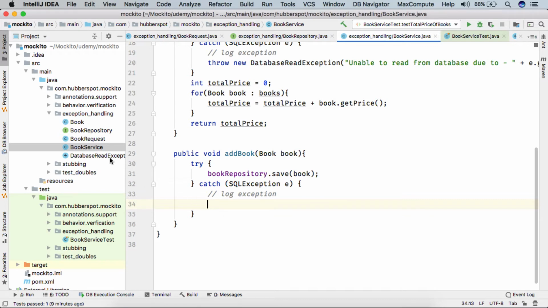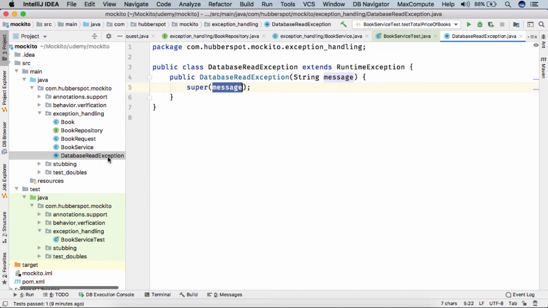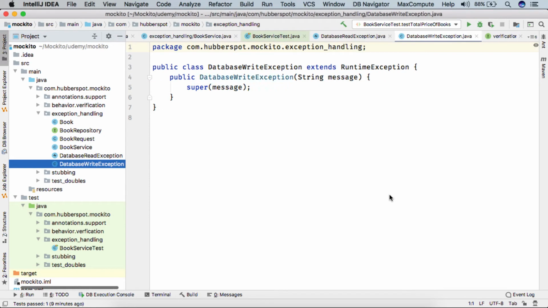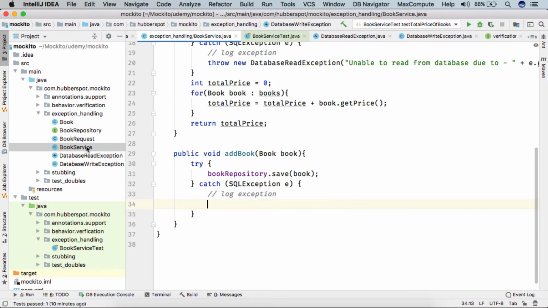We created this database read exception. What we can do is create a database write exception, because when we are performing a save, we are actually writing to the database.